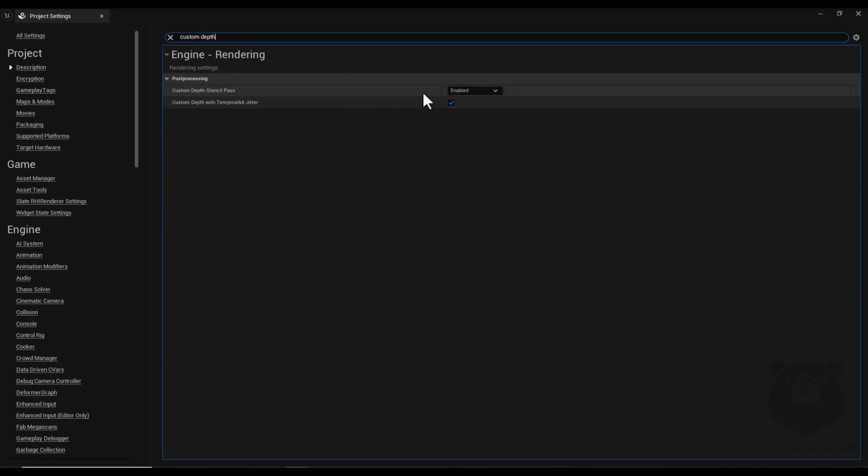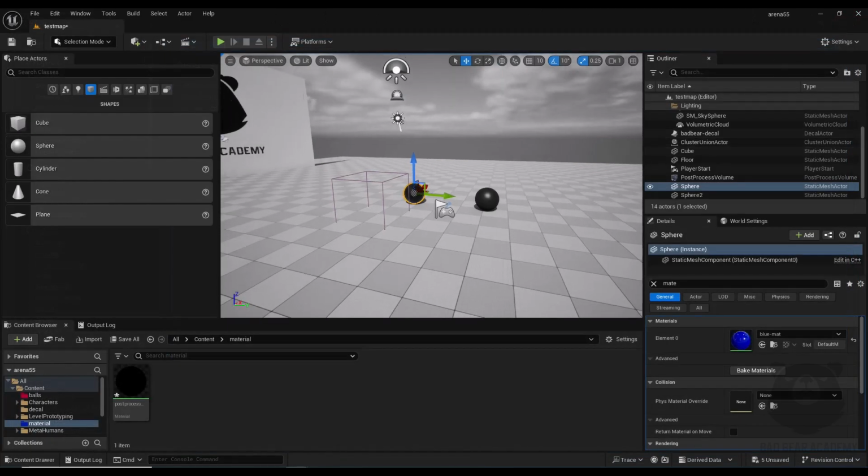By default it is disabled, and I set it to enabled with stencil. Okay, now I close project settings and inside my level